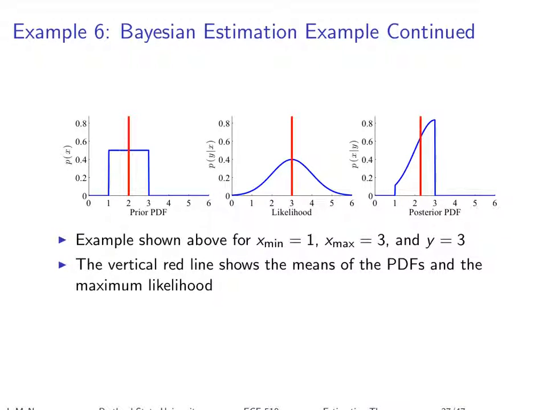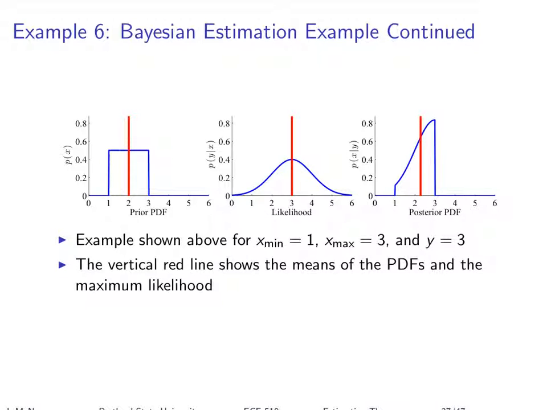If we didn't know anything about these constraints, and we were just doing classical estimation, and we did maximum likelihood, and this, by the way, is the probability of y given x, so this is the likelihood. But it's plotted as a function of x. The way I'm plotting this is for a fixed value of y equal to 3, as a function of x. So although it looks like a PDF, it doesn't have the property of a PDF. It doesn't have to have unit area.